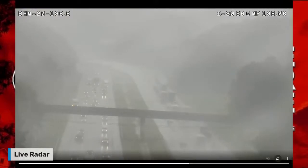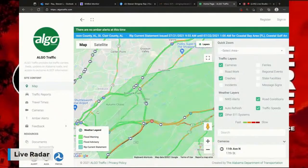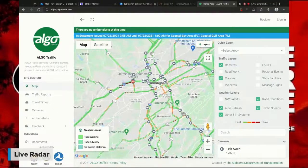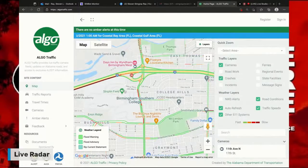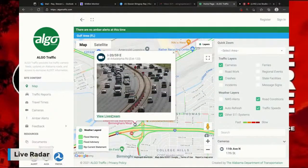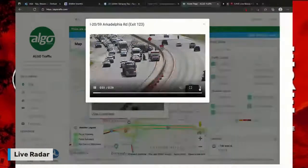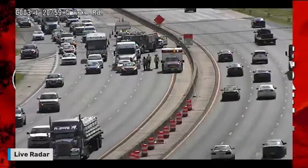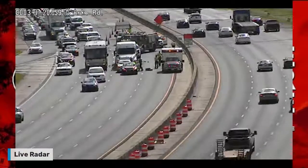Just please take extra precaution on your drive home in and around the Leeds, Alabama area, because that did not look good. Now, there is a wreck coming into the area near the Birmingham Southern College area, and there you can see the traffic along I-20/59 going east at Arkadelphia Road. And actually there you can see the area of concern right there at I-20/59 and